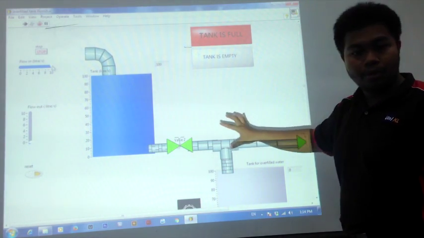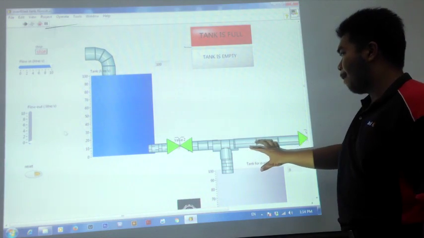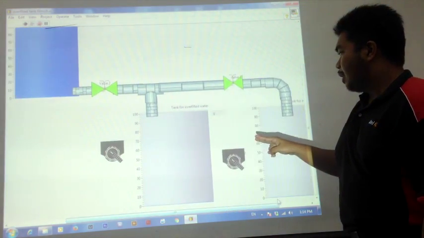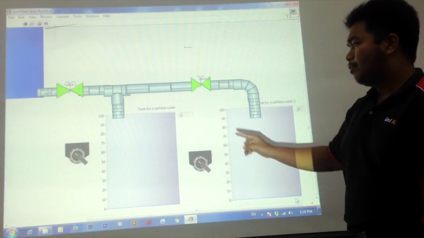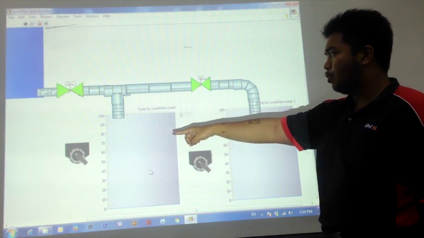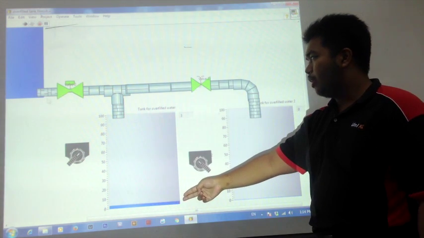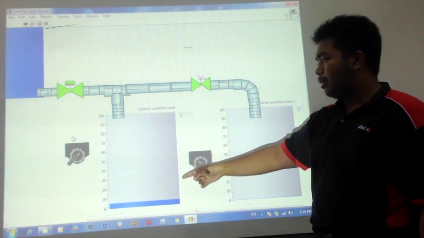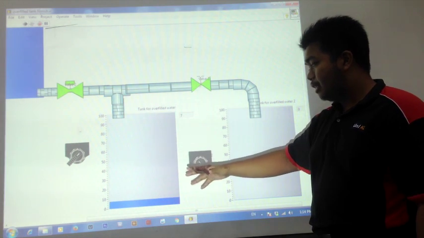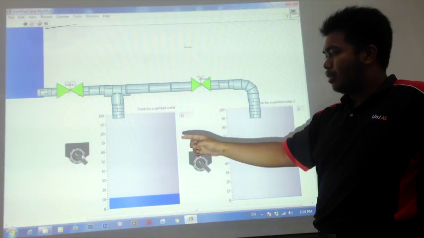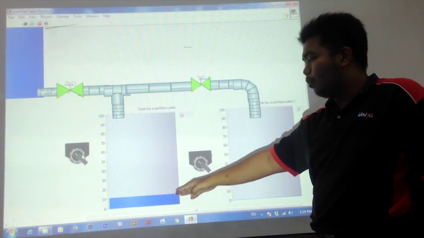Now first we go to the water distribution tank. We can control both of these tanks. First, if we turn on the first distribution tank, the valve will open and the water will increase. If we want, we can decide to stop the distribution tank. If we stop, the valve will close and the water will stop.